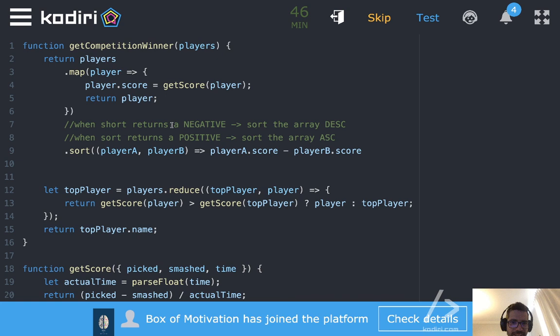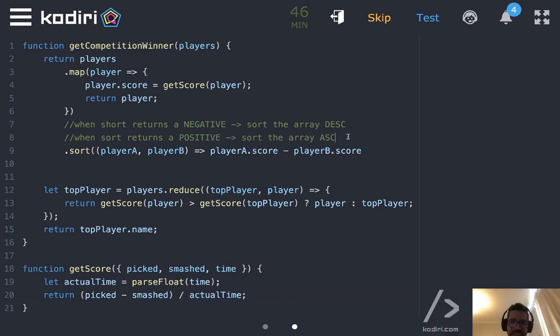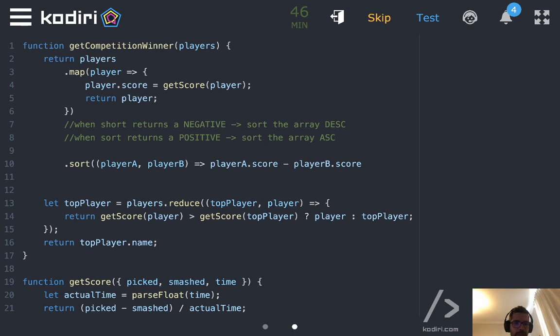Let's see if I say that in the correct way. So imagine we have an array of 3 and 4, two numbers. So if we do a minus b, it will be 3 minus 4. So 3 minus 4 returns a negative number. So that will sort. Oh, wait a minute.